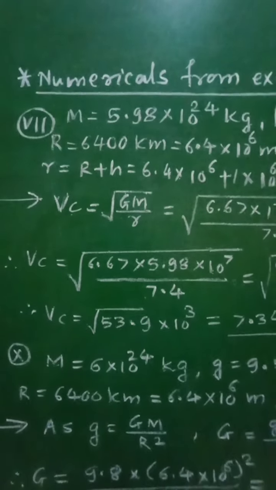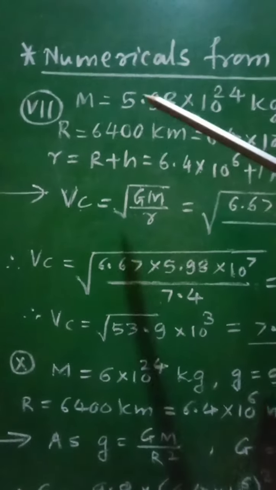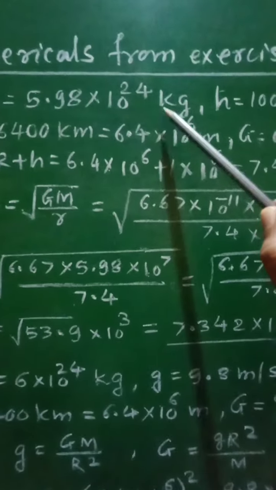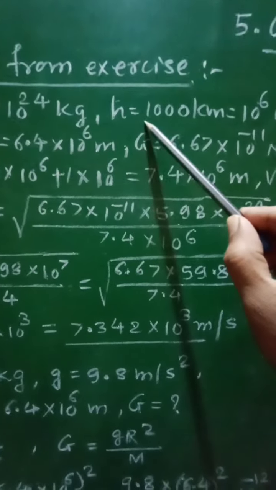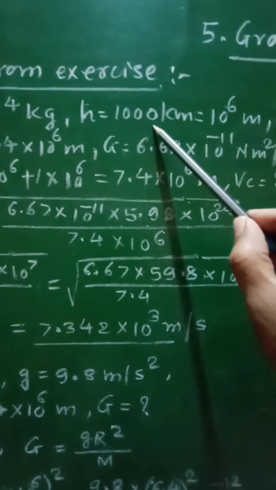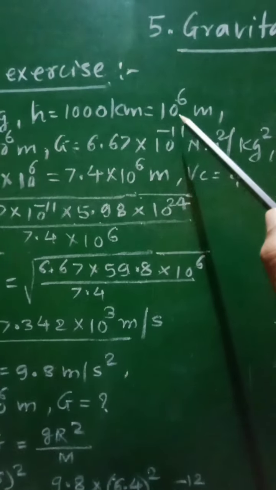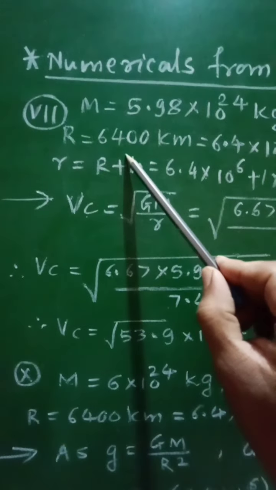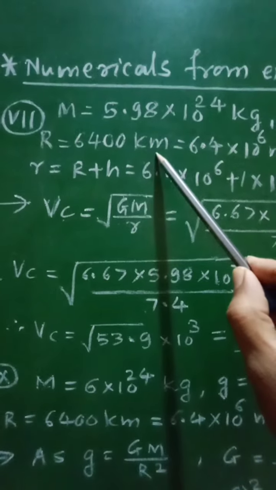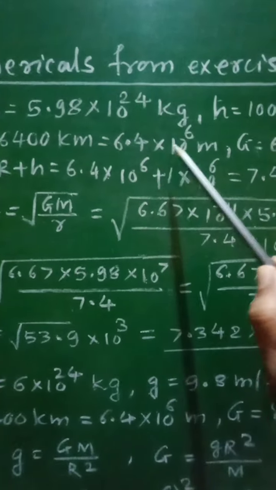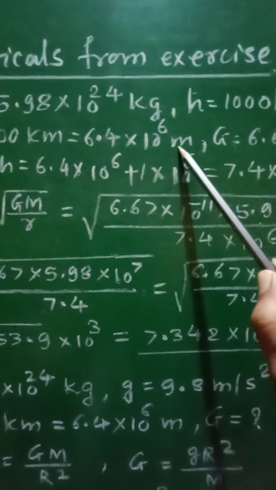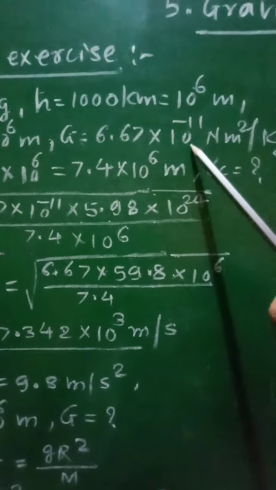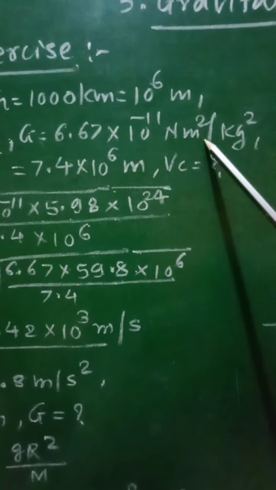kilometer. Therefore, for this numerical the given data is: mass of the Earth m is equal to 5.98 into 10 raised to 24 kilogram. Height of that satellite h is equal to 1000 kilometer, that will be equal to 10 raised to 6 meter. Then radius of the Earth r is equal to 6400 kilometer, that will be equal to 6.4 into 10 raised to 6 meter. Gravitational constant G is equal to 6.67 into 10 raised to minus 11 Newton meter square per